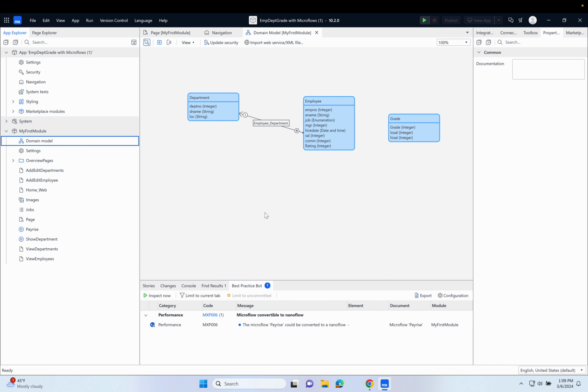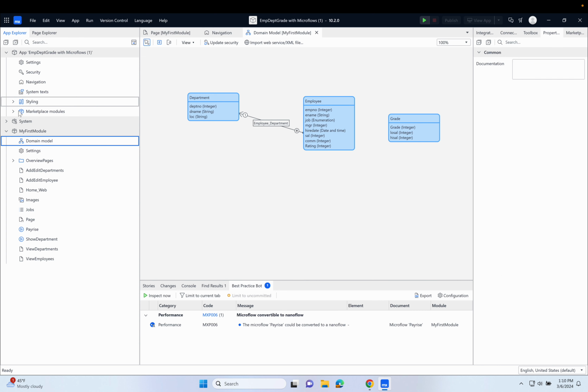So let's say that we want to add the Excel import functionality to an existing app. There are a series of steps that we'll go through, and there's a few bits and pieces that we'll have to add in to actually enable us to get to the point where we can actually do the import. So first thing we'll have to do is import the marketplace modules that are required for this